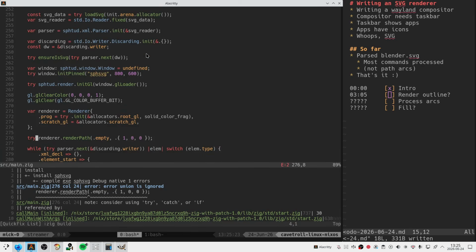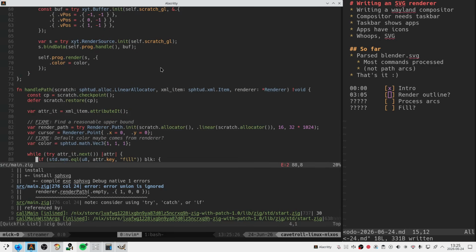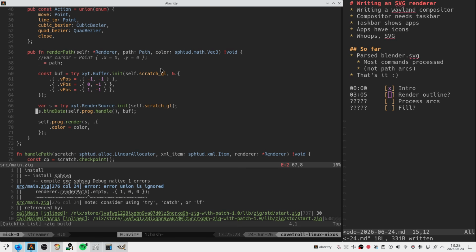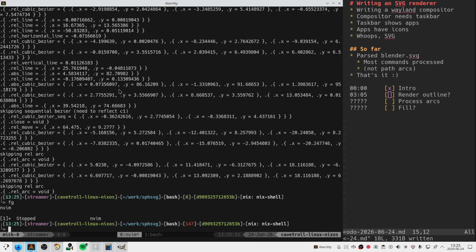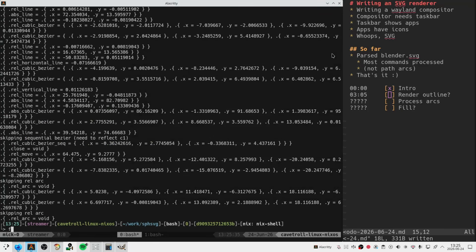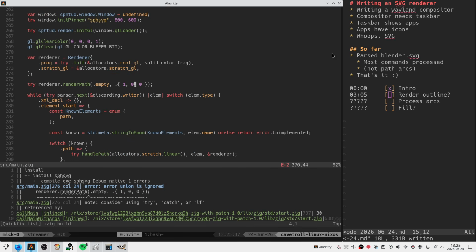Nothing. Okay, what are we doing wrong here? Let's double check. Center triangle is 0, -1. No, oh, oops. Thank you. Good shout. Nice. Good shout. So if we render this thing,